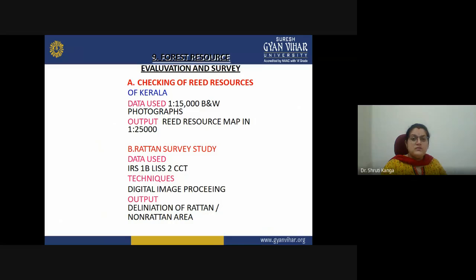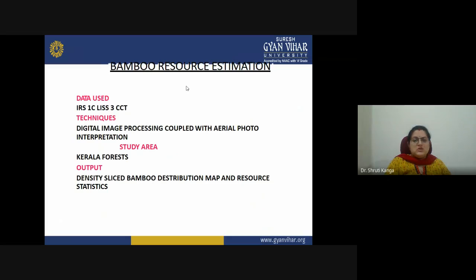Then the forest resource evaluation, we can also go for the forest resource evaluation and surveys, where the checking of reed resources of Kerala was done on the basis of different images or photographs of 1 is to 50,000, maybe on the aerial photographs, reed resource map of 1 is to 25,000, and then the study area, the Ratan survey study, the data used, and these are the things they have taken into consideration for forest reed resources of Kerala. Then the bamboo resource estimation was also done